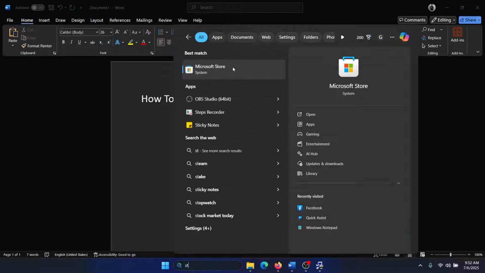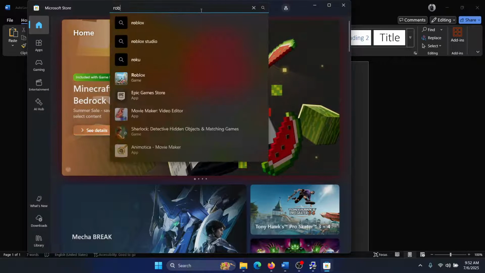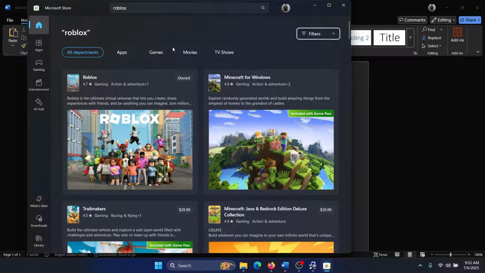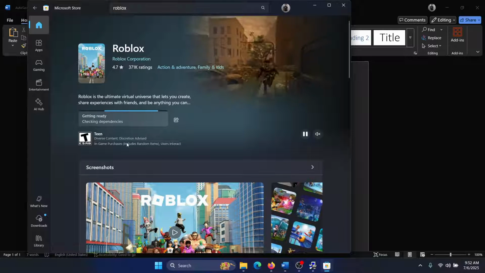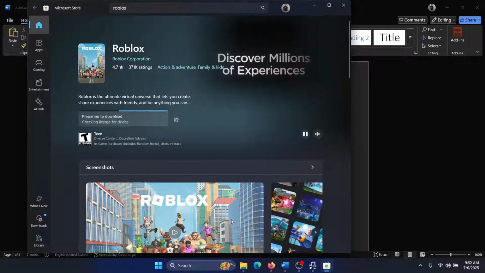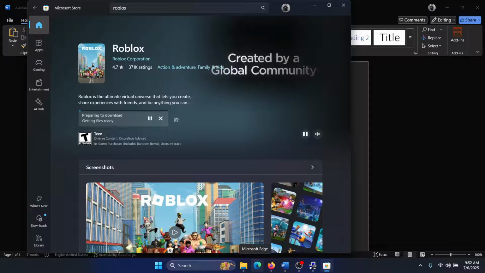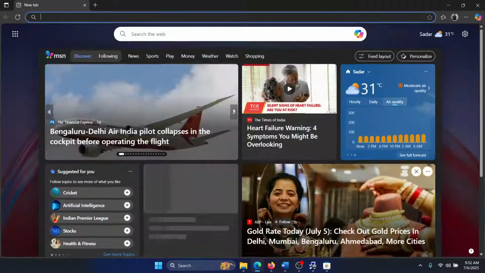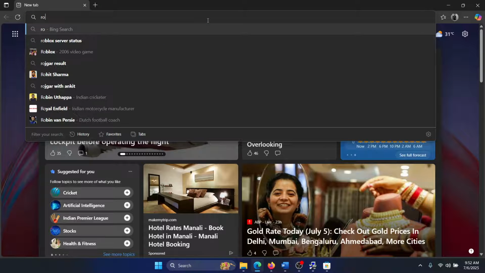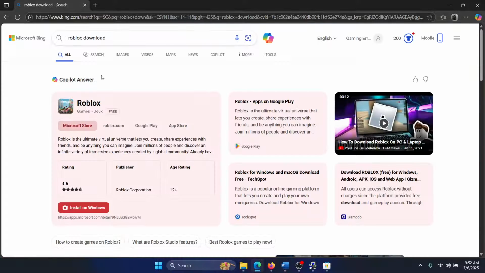So search for store in the Windows search bar and open Microsoft Store. Search for Roblox in the search bar and hit enter. Go to Roblox. Click on install and you will be able to install it. It needs a while. I'll give an alternative method as well, though I highly recommend downloading and installing it from the Microsoft Store. Now, the alternative method is to search for Roblox download in your address bar on your browser,